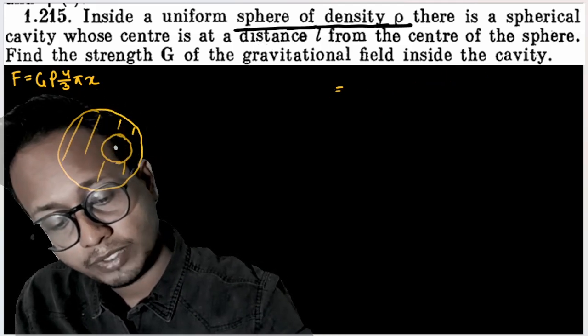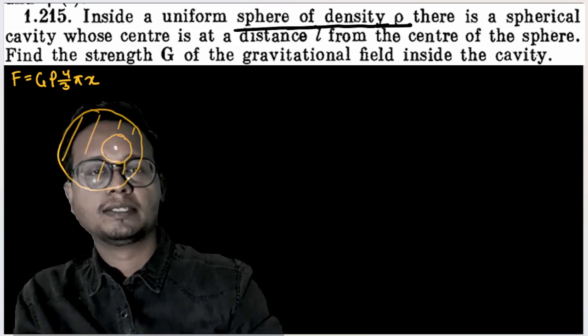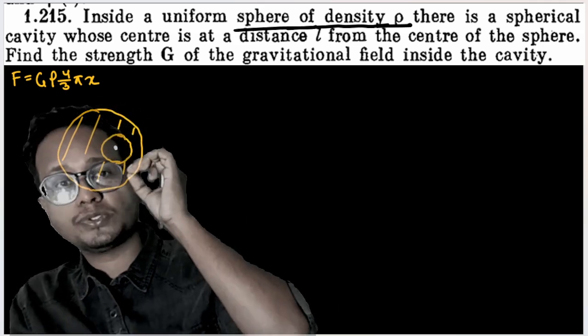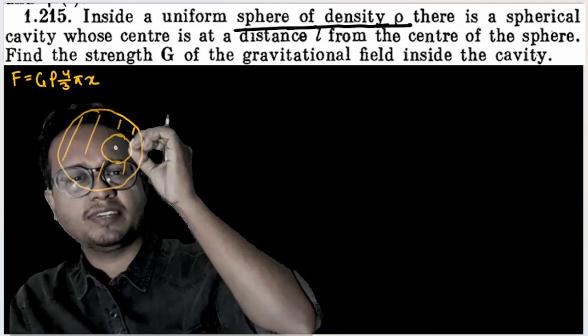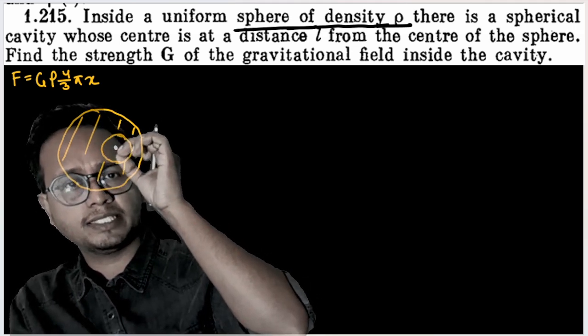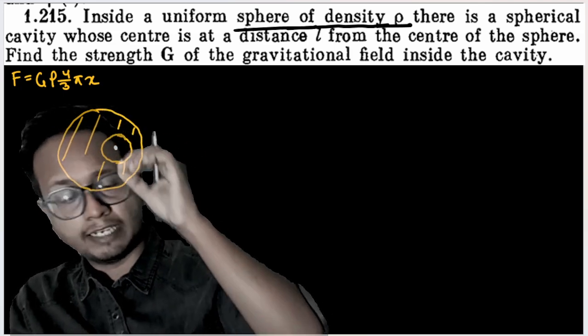Now, how do I find the field inside this cavity? See, we have to use the principle of superposition. Principle of superposition means let there be a point inside the cavity, or let this be the center of the cavity. So the gravitational field inside the cavity is equal to